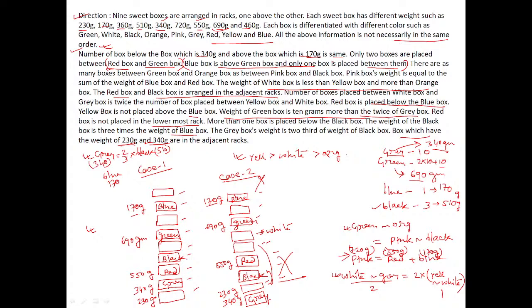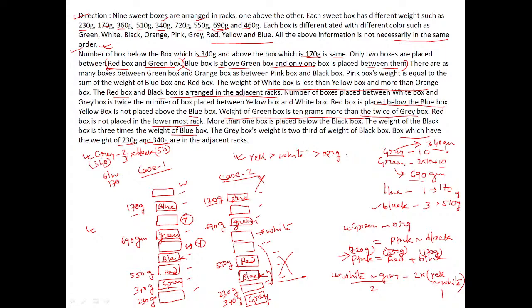Let's see. So here it's gray. So white and gray, the only possible case is here. The 2 boxes between white and gray should at least satisfy the condition, so that between white and yellow only 1 box is there. Yeah, if white is here, then yellow could be here. Condition satisfied. If 1, 2, 3, 4, 5, 6, if white can be taken here, then between white and yellow 3 boxes you have to follow. 1, 2, 3. Yellow can be here.